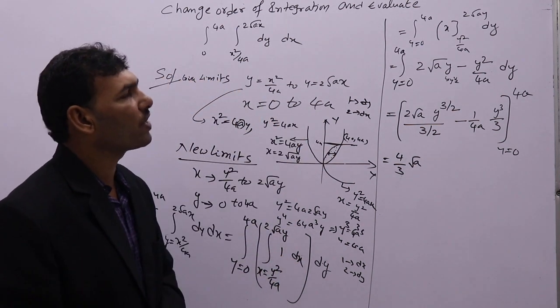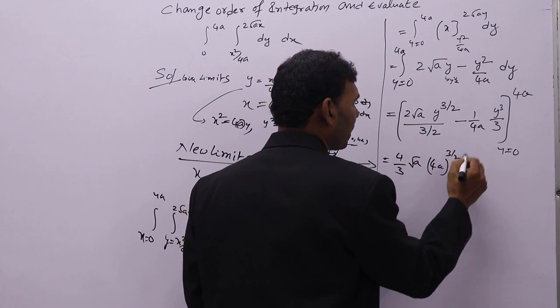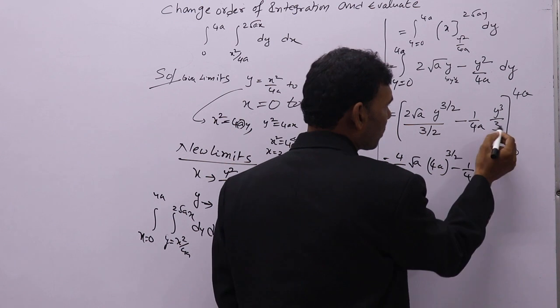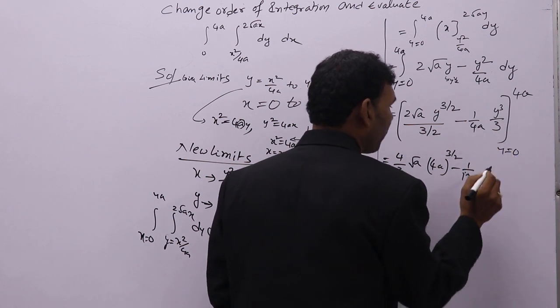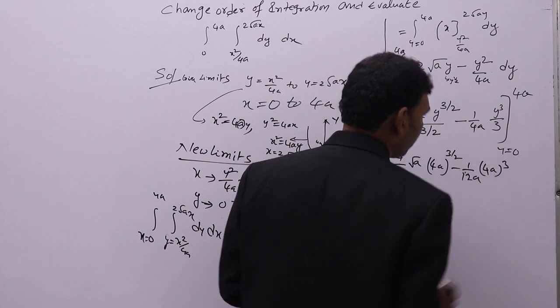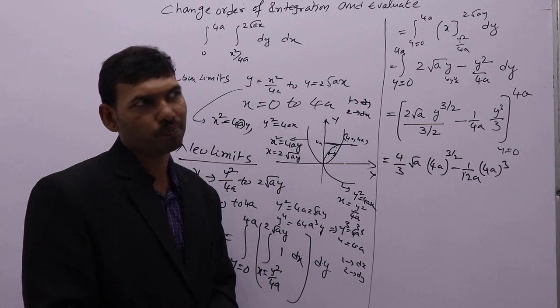Write in the place of y, 4a: 4a power 3 by 2, minus 1 by 4a. That means 4 3s are 12, 1 by 12a, 4a whole cube. If you write in the place of y 0, anyway you will get 0. That's why